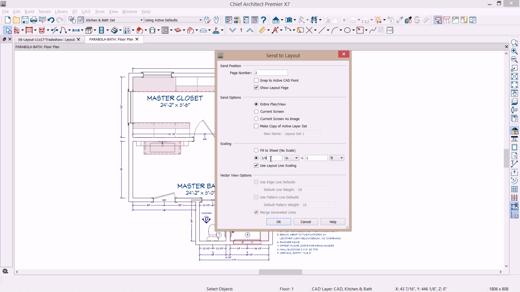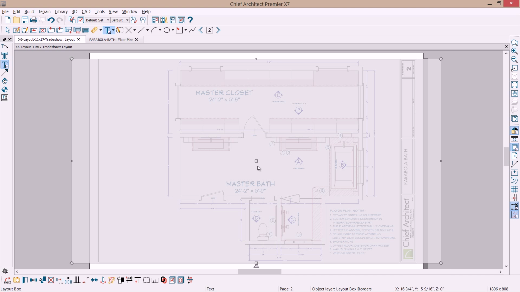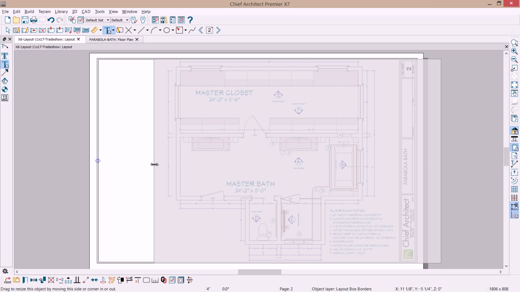So I'm going to send that out at 3/8 scale, and I'm going to send it to the layout page number 2. Select OK, and now that's going to position that on the page. It looks like 3/8 works. If I highlight it, you can see that the box is pretty big. I'm going to use the crop handles here, just like we had on the image, and I'm going to crop